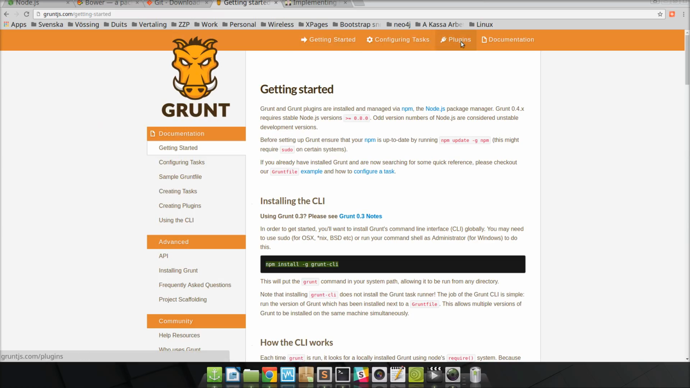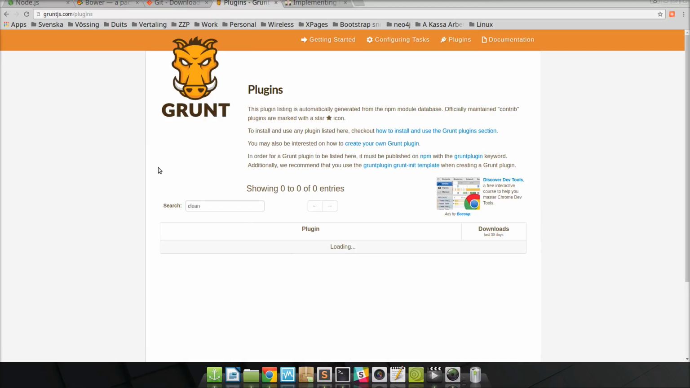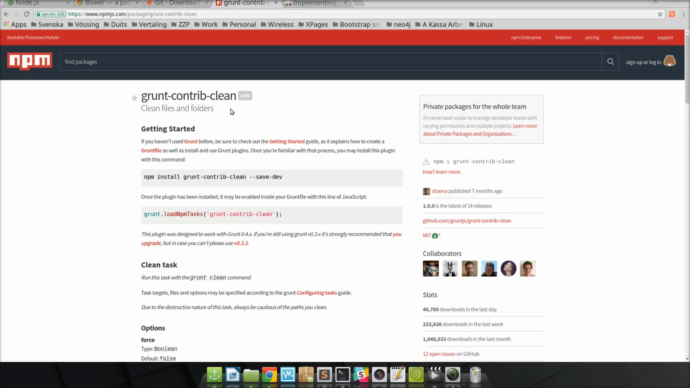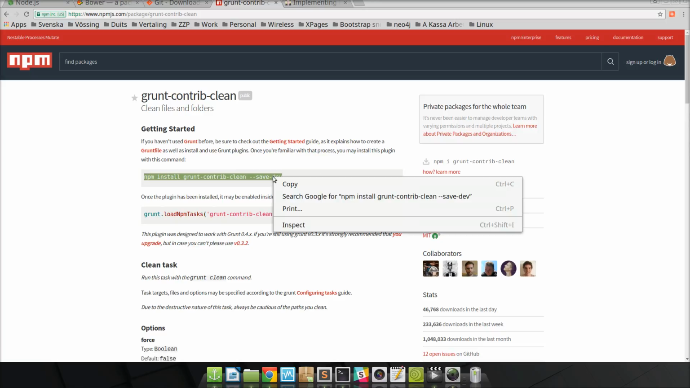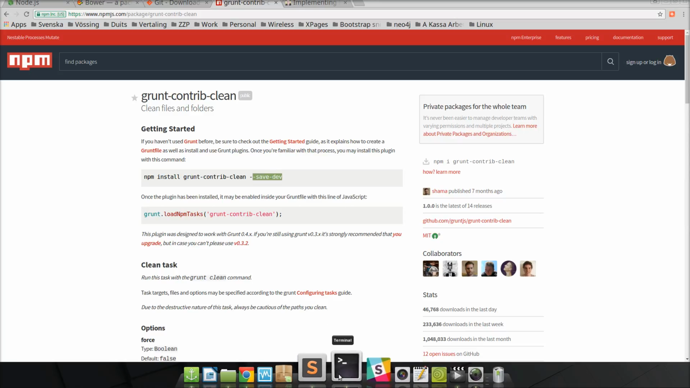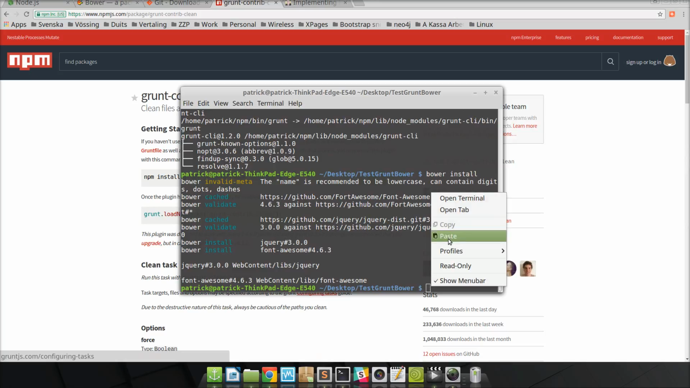If I look at Grunt, I look at plugins. For example, we have this plugin, this really popular plugin of 1 million installations. How can I get that? I have to use the command line again. Here it says npm install grunt-contrib-clean, and then there's --save-dev. This means that I'm only installing it in my working directory, and not as a globally available module. So I go back to the terminal, I paste that in, and I say,